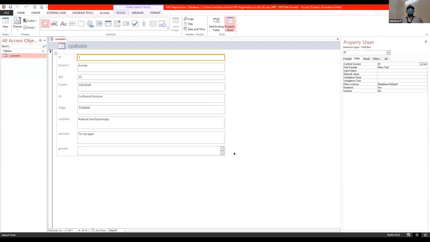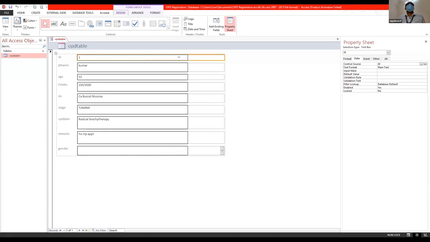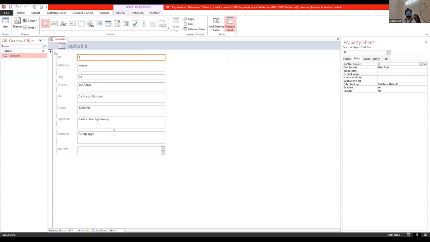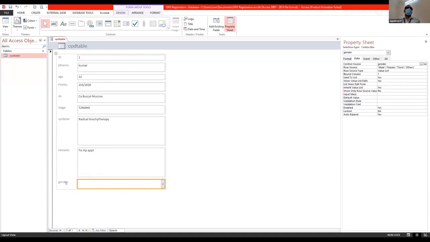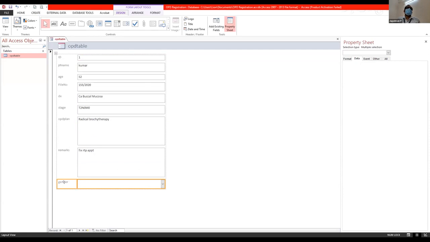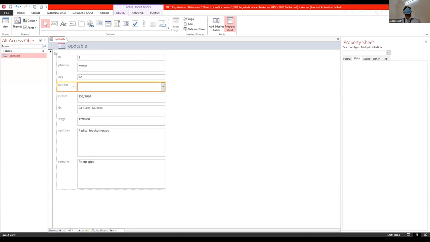The program has already created a form for me. You cannot go ahead and immediately enter information in this. The default format which has just come up is in the form of a layout view. Basically, layout is where you adjust the sizes of shapes or the dimensions of each of the boxes you want. So we want our OPD plan boxes to be a bit bigger, and our remarks boxes also to be a bit bigger. We don't want the gender to sit here. So I click both the title and this box, and then drag it up and bring it down here to the age boxes.